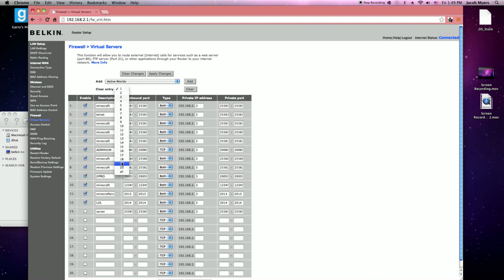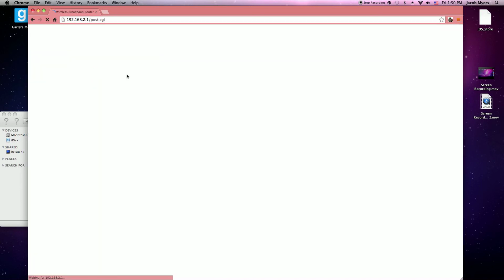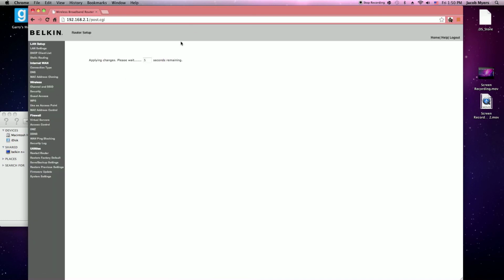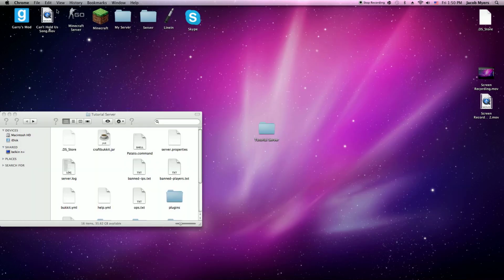So I'm just going to clear entry 13. Clear. Yes. So that's how you do it. After you do that, you want to hit Apply Changes, and it'll start loading. Don't delete this, just wait for this to load. Wireless broadband router, blah blah blah. 5, 4, 3, 2, 1. And that's how you port forward for a Belkin router. So then if you run it